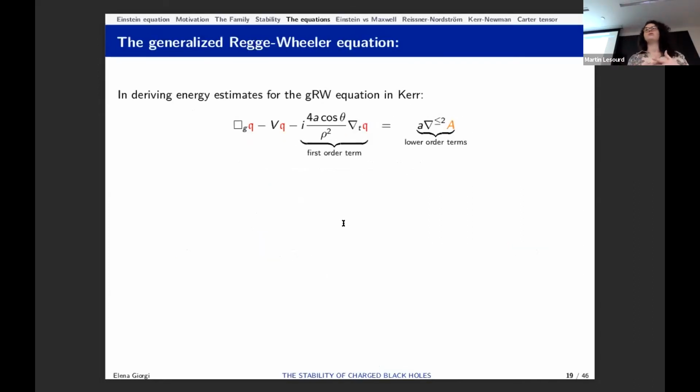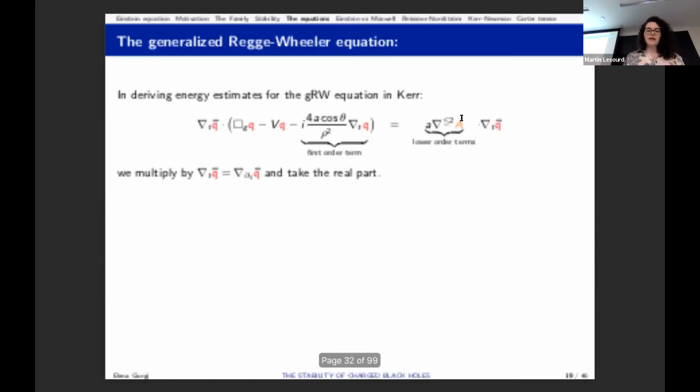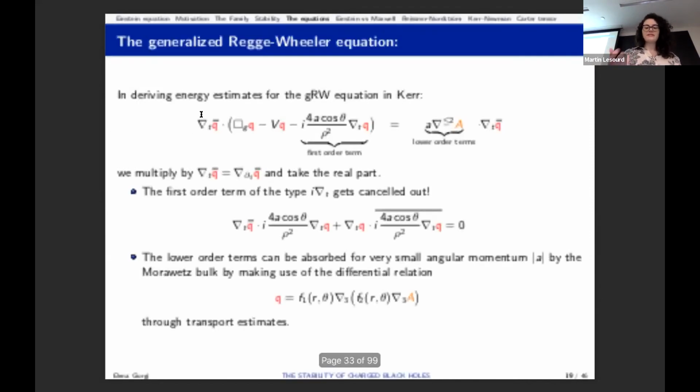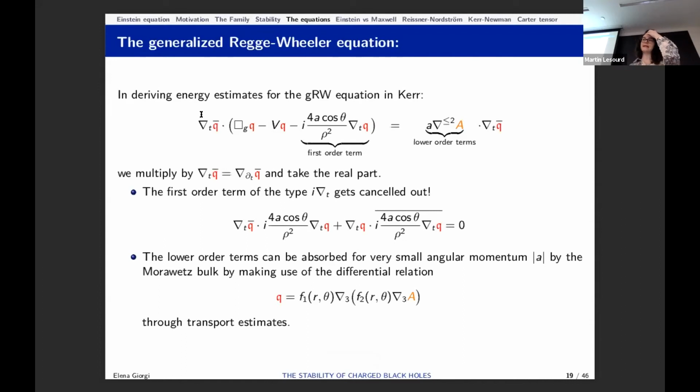Well, because if you try to very schematically derive energy estimates for this equation, so you see this is the first order term, and I'm going to just collect the right hand side as lower order terms. Then how do you obtain the energy estimates? In general, when you have a wave equation, you multiply by dt. Let's say you have box of psi equal to 0, you multiply by dt of psi and integrate by parts. Here, these are complex tensors. So what you want to do is multiply by nabla t of q conjugate, and then take the real part. And if you do that, you'll see that the first term precisely gets canceled out in this